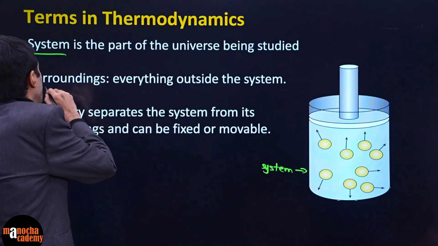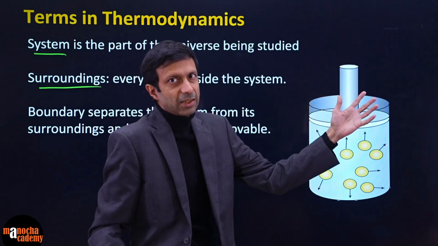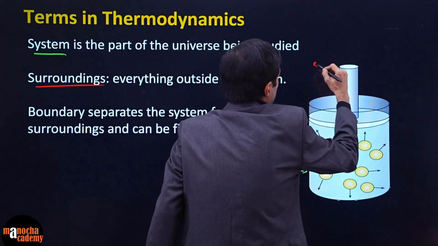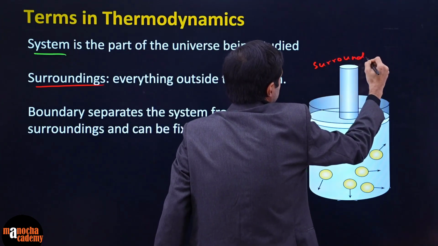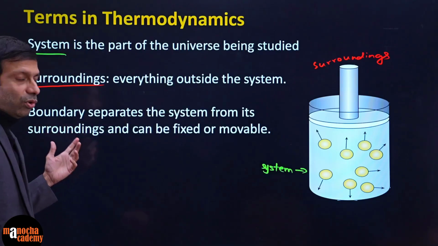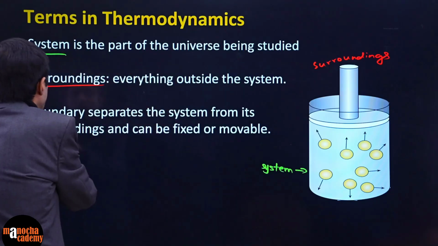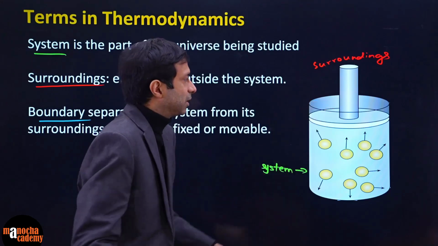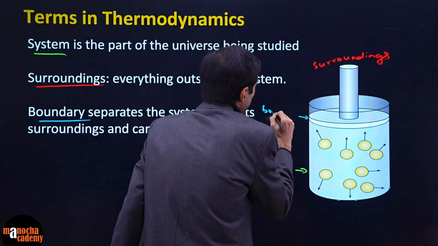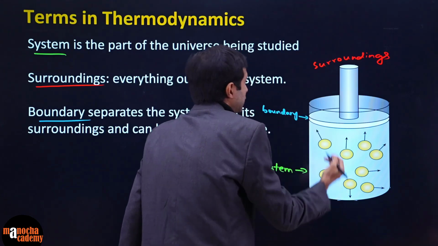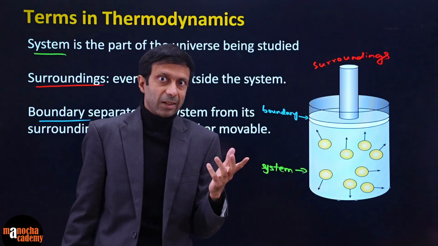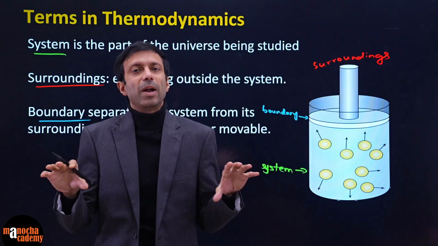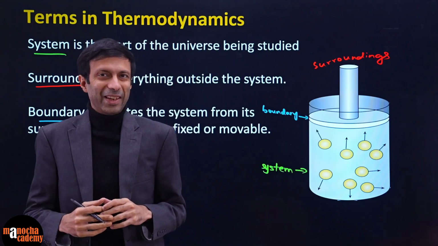Okay. And then surroundings is everything outside the system, right? So things outside it are your surroundings, and these are separated by a boundary, right? Remember we talked about the concept of a boundary, and boundary is what separates them. Now this boundary could be fixed or it could be movable, like a movable piston. So here you can see this is the boundary between the system and the surroundings. Remember we said boundary may be a conducting boundary, which we call diathermic, or it can be non-conducting, which we call an adiabatic boundary, which does not allow the transfer of heat.